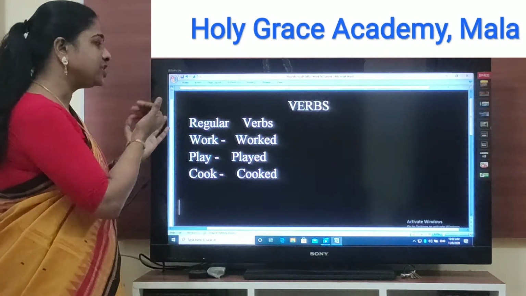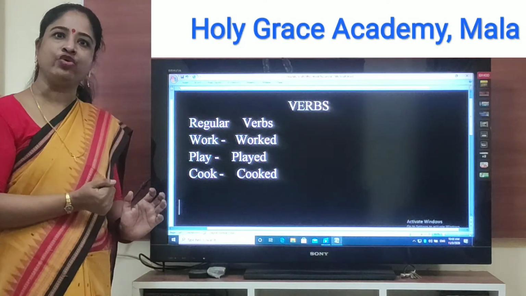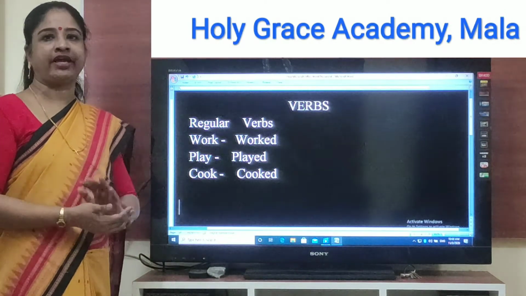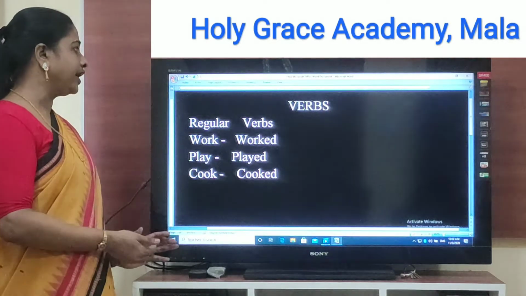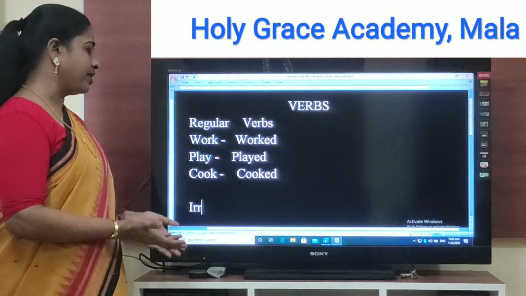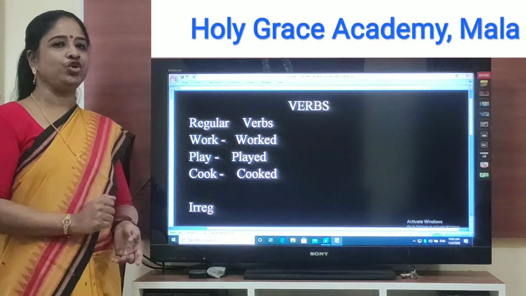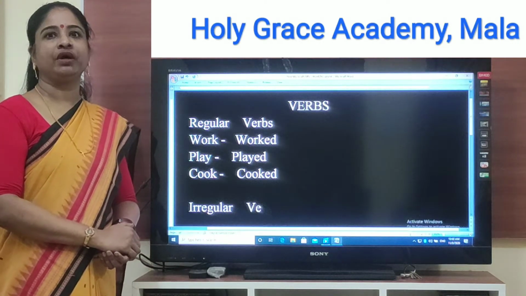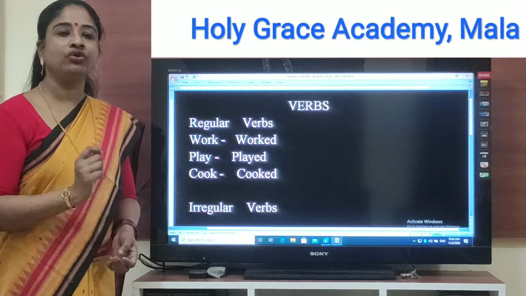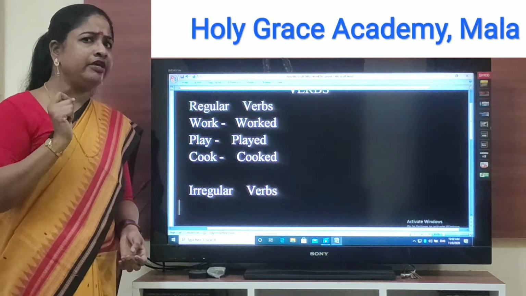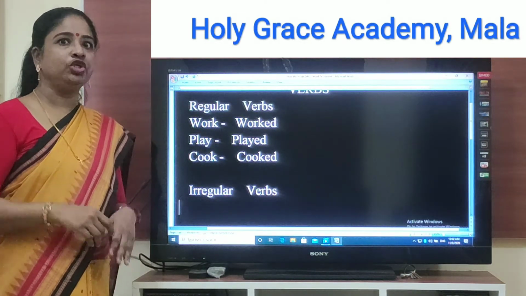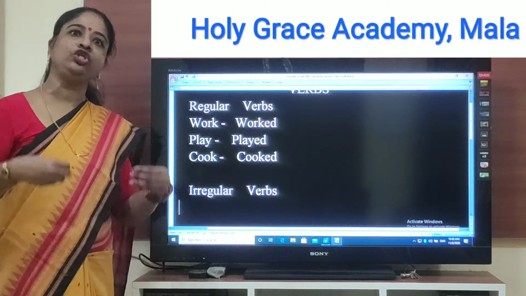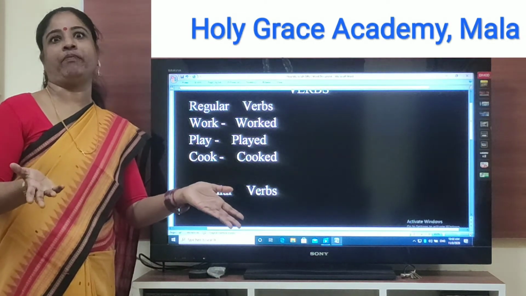Now, let's take the other kind of verbs. The opposite, the antonym of regular, irregular. I-R-R-E-G-U-L-A-R. Irregular verbs. Now, you know children, some irregular verbs do not change into any past tense form.